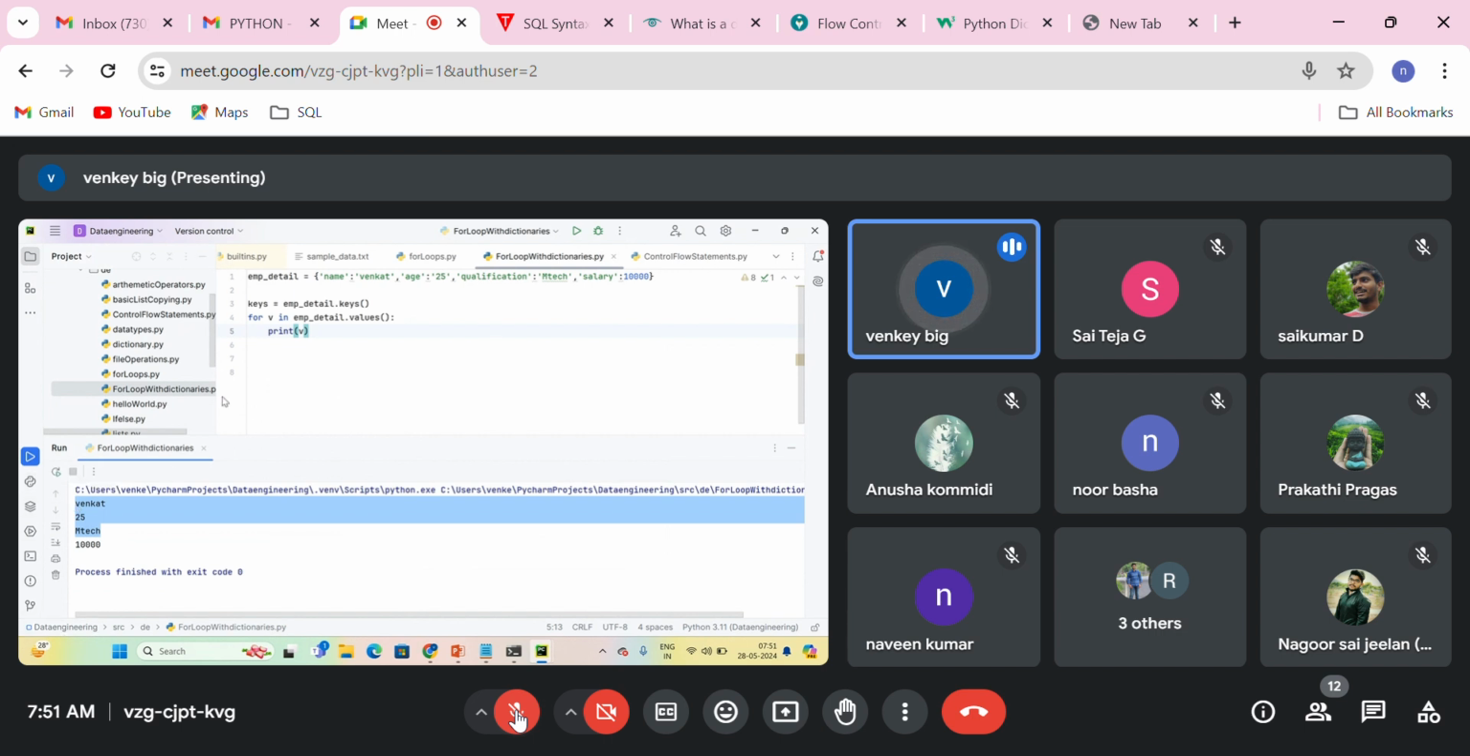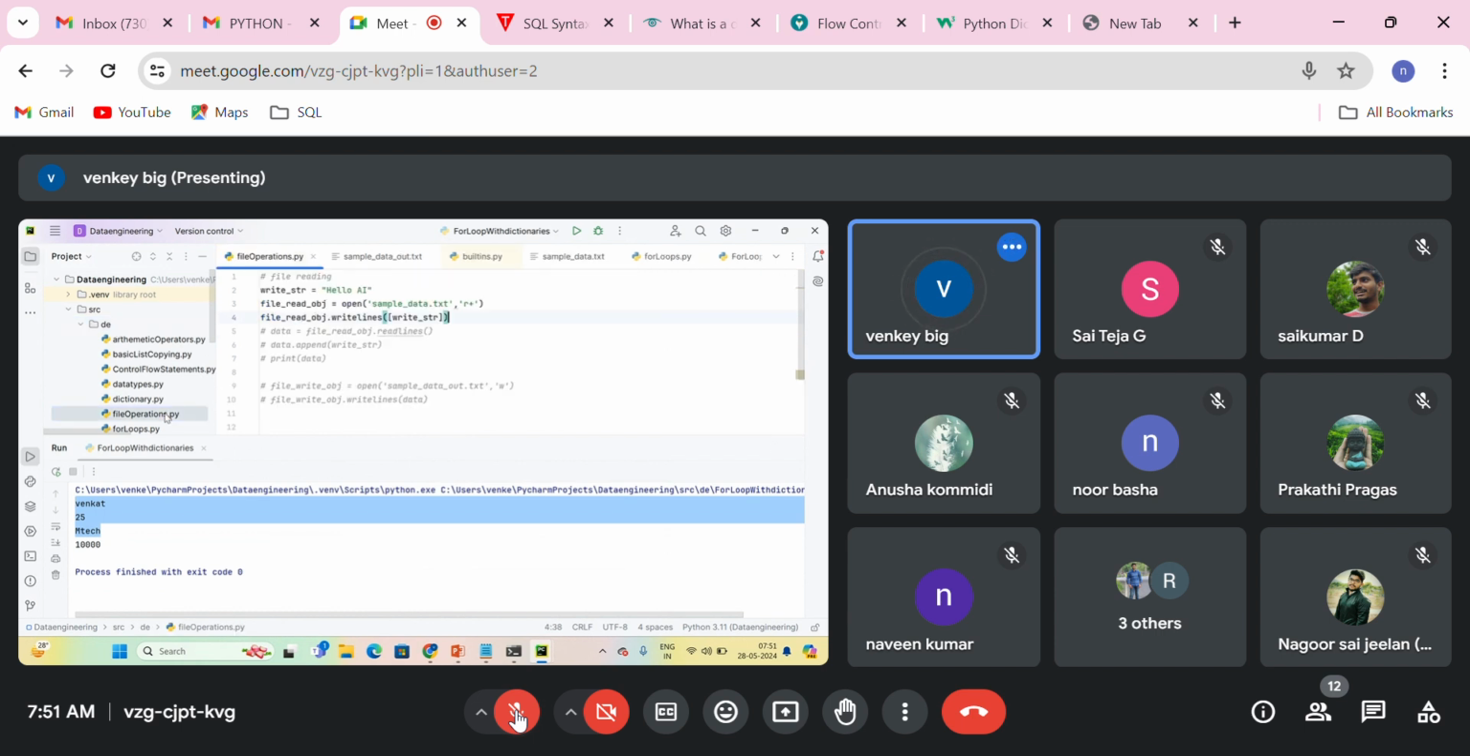So that's all about the loops, guys. Control flow statements we have discussed, and we have discussed the while loop on top of the data collections. We have discussed the for loop on top of the data collections. So that's all I have about the loops. Let's move on to the next concept